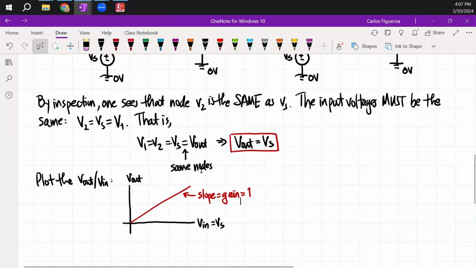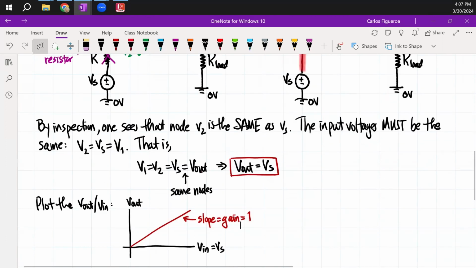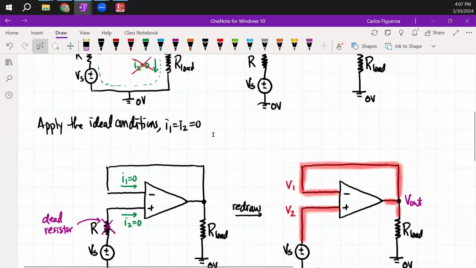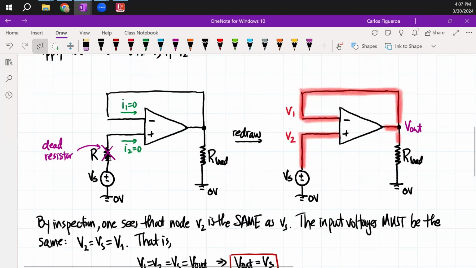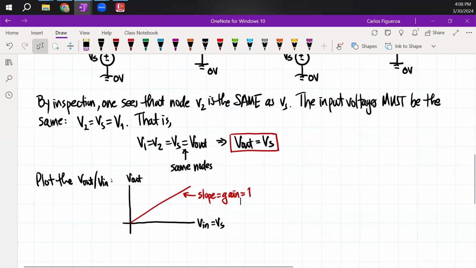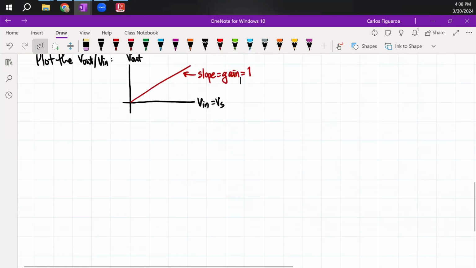That's how you look at the ideal conditions when you're looking at that voltage follower. The ideal condition of I1 equals I2 equals 0 kills off that resistor. And then the second condition, where the voltages must be the same, tells us immediately that V1 and V2 have to be the same as the source, but because there's a wire connecting the output, it's got to be the same. Now let's bring in a second circuit, and we want to talk about the